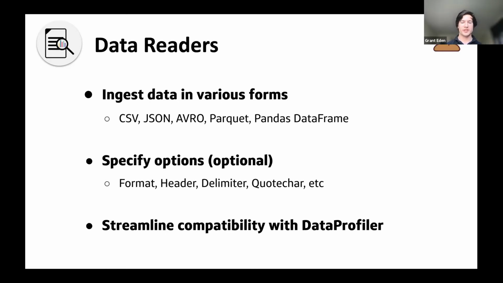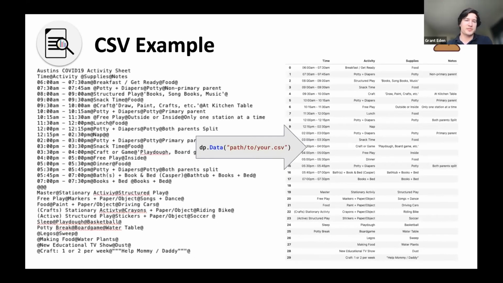But the data reader will infer it for you. And then this is streamlined to work perfectly with the data profiler. So here's an example. If we look at the CSV on the left, we can see it's Austin's COVID-19